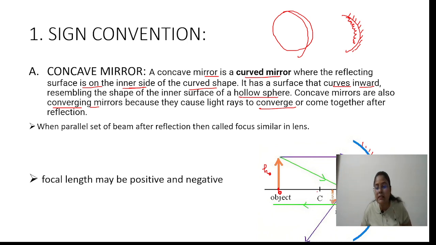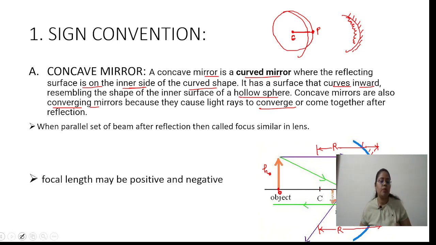Clear? And C is the center, because it is a part of a spherical mirror. What is C? C is the center of this concave mirror. And where is P? P is here. The distance is the radius, because any spherical surface has a radius. So what is the distance between C and P? This is called the radius of curvature, which is represented by r: the distance between the pole and the center C. Clear? My dear students, in this topic we discuss the sign convention.